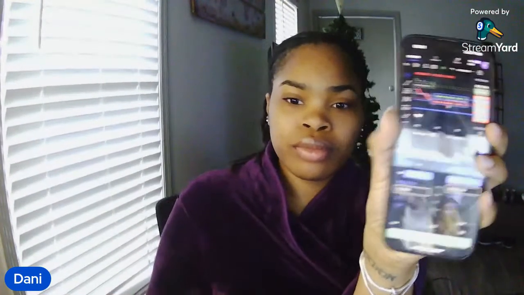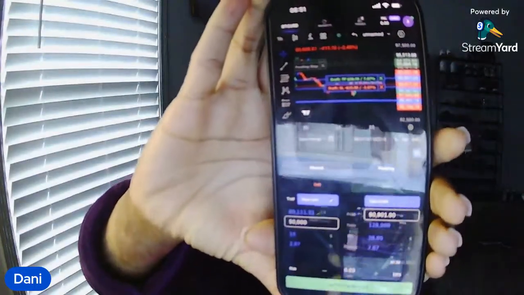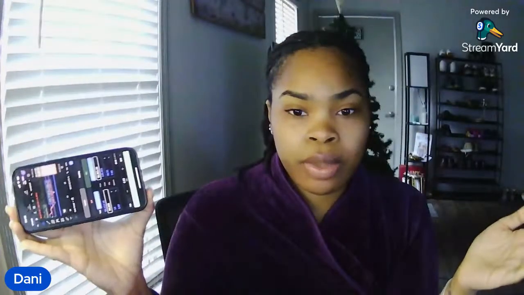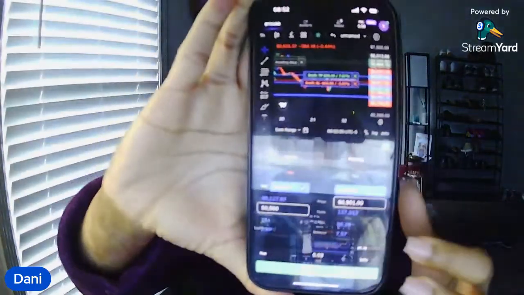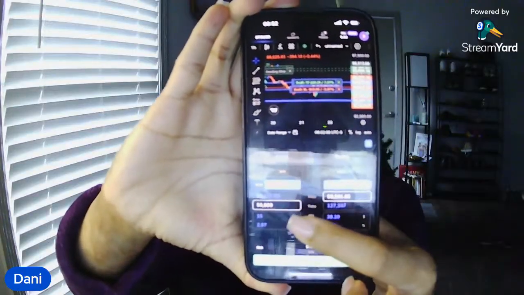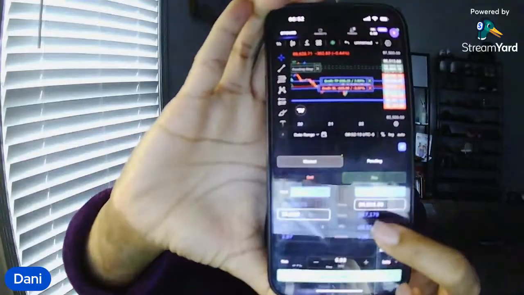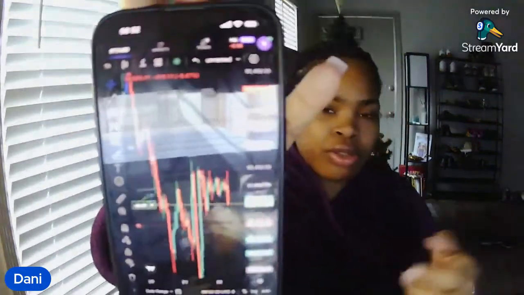But when you put your trade into Trade Locker, I need you to look to your ticks because I'm not giving you guys an exact stop loss and an exact take profit. So you're gonna put your 50,000 for your stop loss because I always risk 50 pips, and you're gonna put 100,000 for your ticks. Do you see that it says 127,000, 50,000? I already started there. So make sure you edit that to be as accurate as it needs to be. But we are currently in for a buy. Just bought Bitcoin. We're in the trade. You can see we're actively in the trade, and this is in my demo account.